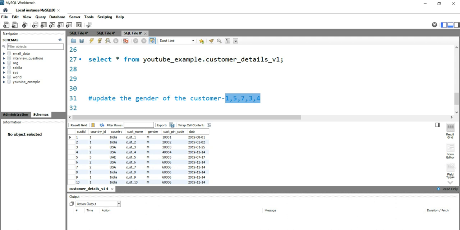So to point out the column, we will be using the set keyword, which will specify the column in which the value will get updated. And the second thing is that we have to use the where clause. So what we will do is write a simple update query,